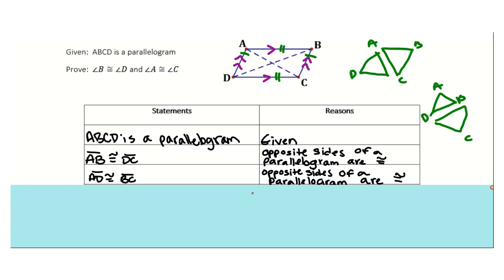I'm trying to prove that our opposite angles are congruent to each other. So again, I know I'm going to have to use corresponding parts of congruent triangles are congruent. So I'm going to need to prove that each set of triangles are congruent to each other. Well, in both of these right now, I know